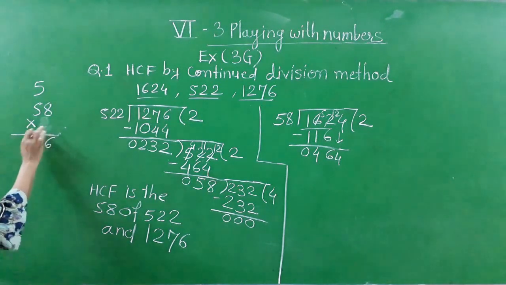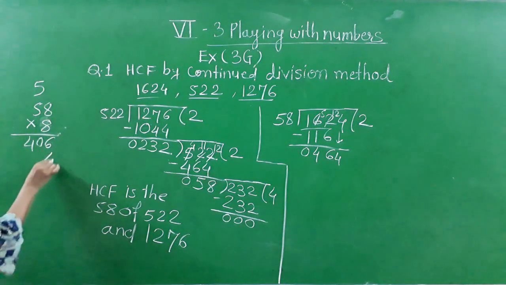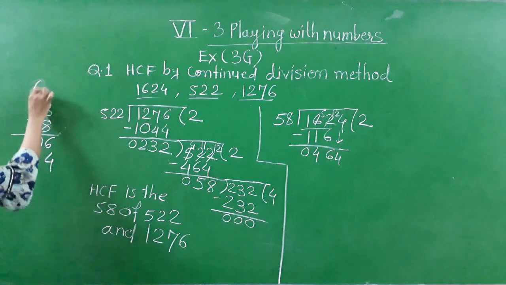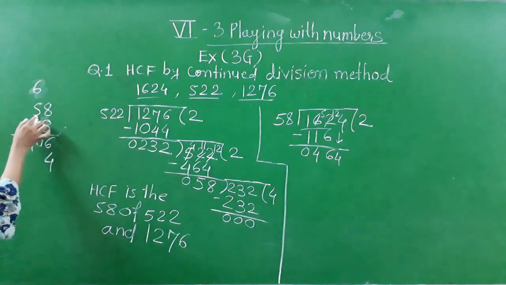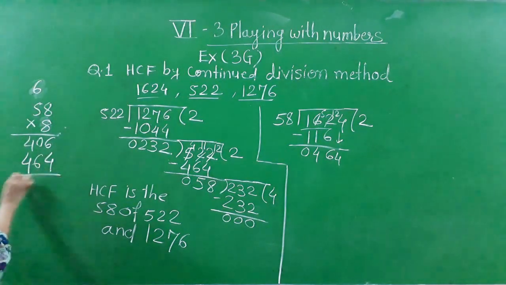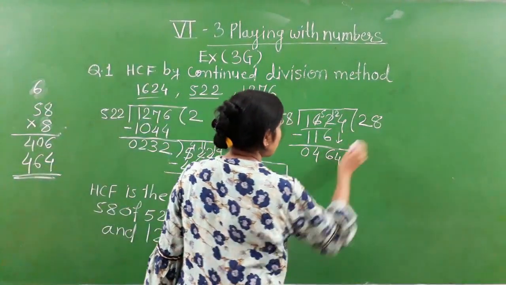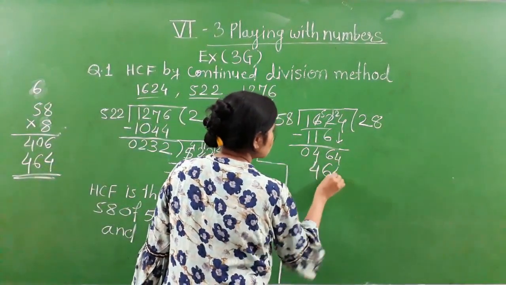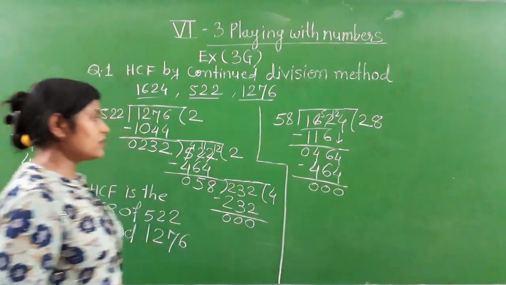Is something wrong? So we will try 8s also. Okay. So 8 8s are 64. 4 here and 6 carry. So here we will now get 8 5s are 40. 40 and 6, 46. What's the number? Means 8s are will go. So 8s are we will write here, 464. In this way we will get the remainder 0.